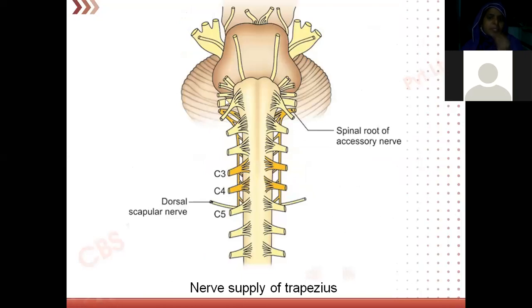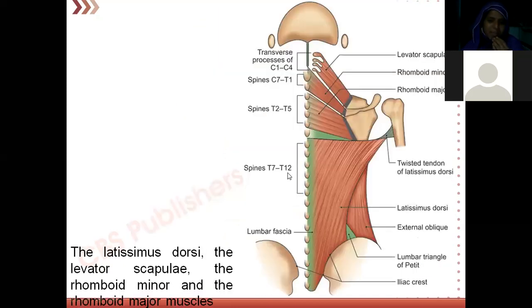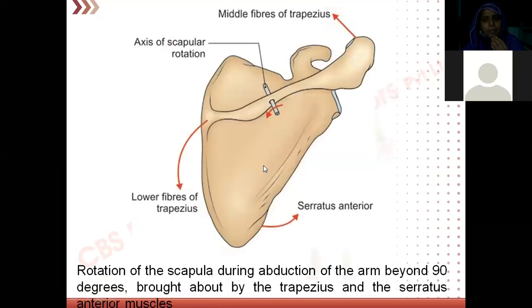You can see, we know neuroanatomy is done pretty well. This is midbrain, pons, medulla oblongata, continuous with the spinal cord. Here you are finding from C5 all these roots which are coming like this. Actually this is the spinal root of the accessory nerve. From C5, C4, C3, C2, C1, it has its roots and rootlets, which contribute to the spinal part of the accessory nerve. The cranial part comes from the medulla oblongata. Just to show that fact, that picture has been kept.